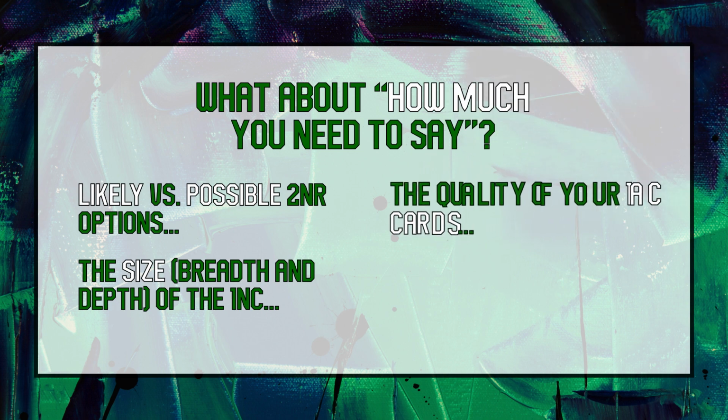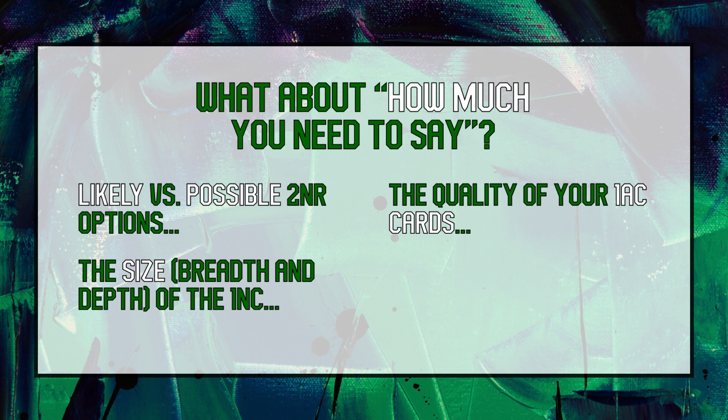Third, the quality of your 1AC cards. I mean both the quality of the individual cards and the quality of the story you construct with them. The better the 1AC, the less likely you'll need to read backline cards, and the more you can get away with being a little bit more brief. The weaker the 1AC, the more you'll need to compensate. And this isn't always just the difference between a good AF and a bad AF, although it often is. Sometimes a good affirmative will have relatively weak 1AC evidence, but it's good because of the strategic benefits it gives the AF against off-case positions.